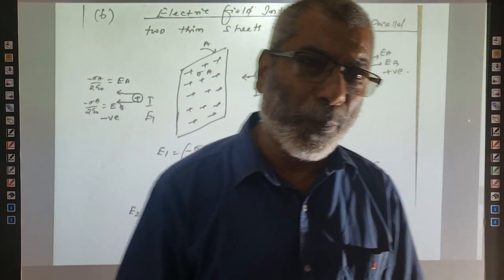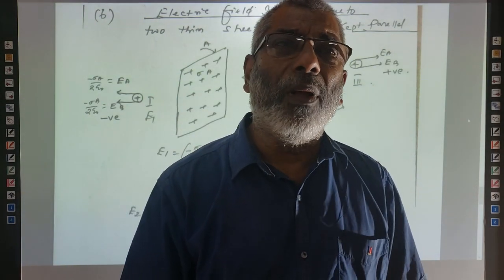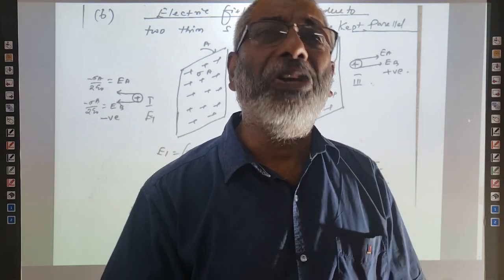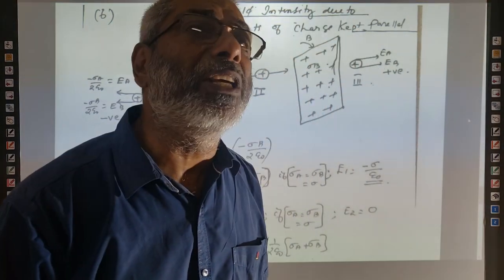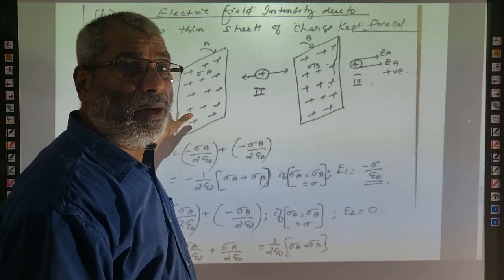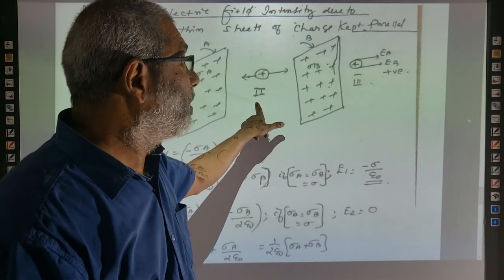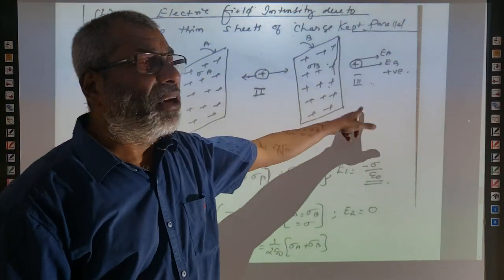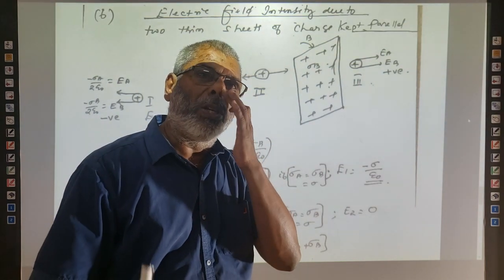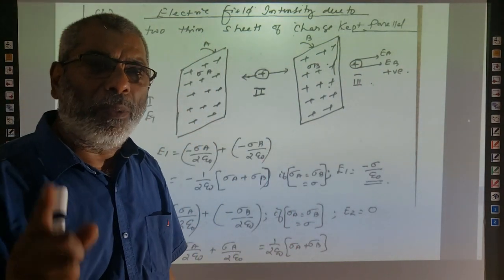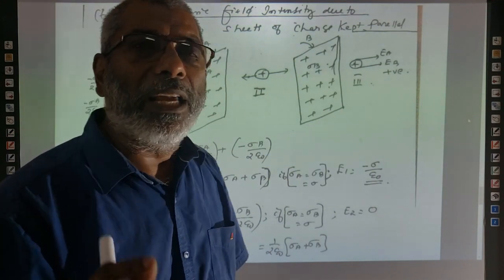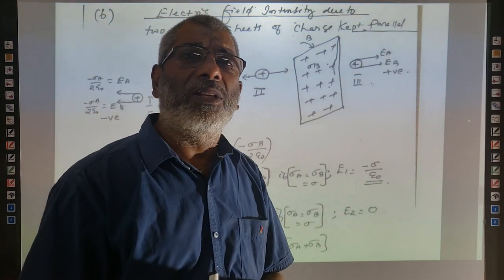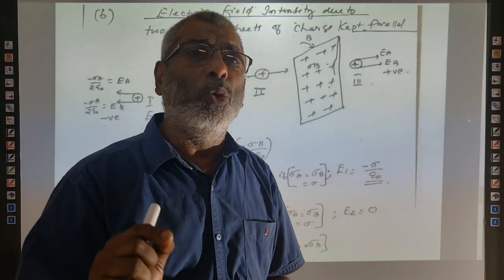At any distance away from this thin sheet of charge, the intensity of electric field is equal to sigma by 2 epsilon 0. Today I am going to explain when two thin sheets are kept parallel to each other, and you fix three regions: region number 1, region number 2, and region number 3. At these regions 1, 2 and 3, what are the values of intensity of electric field? You have to remember mainly only one thing: the intensity of electric field due to any thin sheet of charge at any distance away is equal to sigma by 2 epsilon 0.